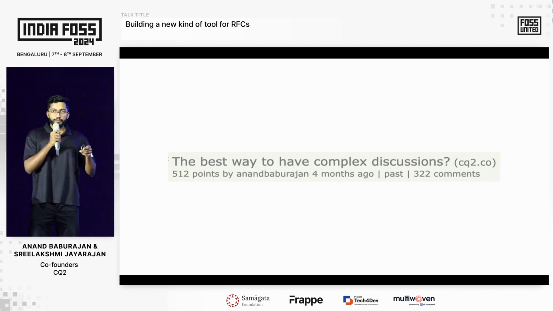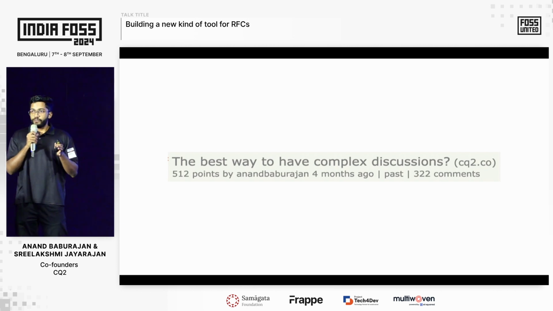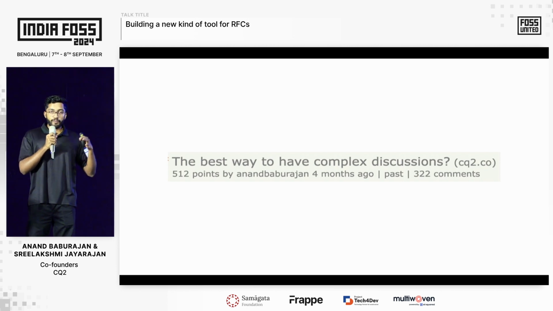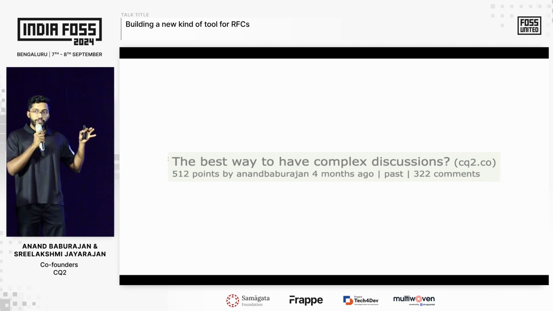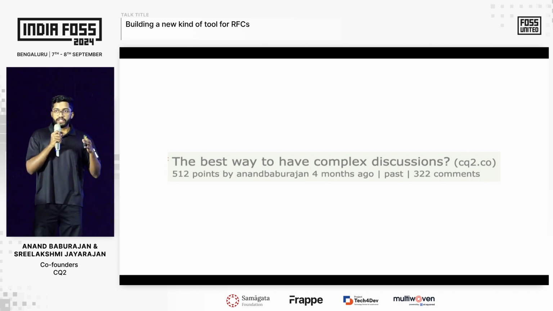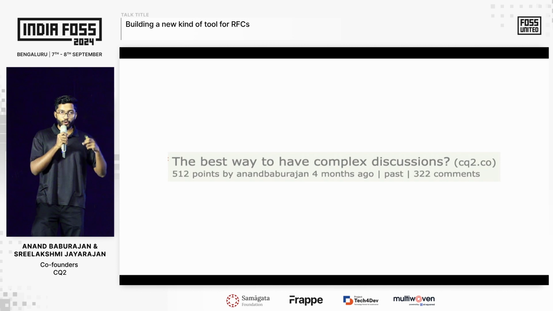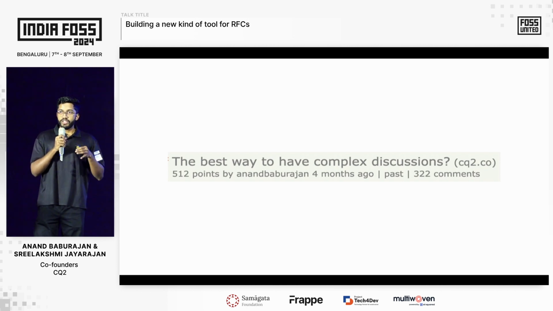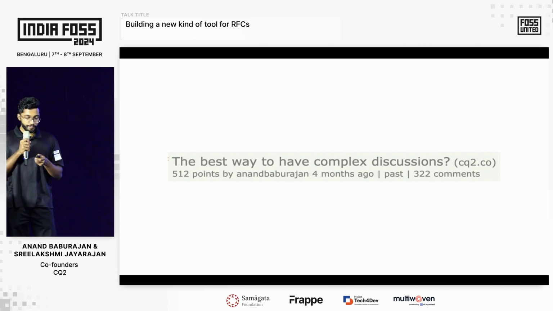So people are comparing CQ2 with Google Docs and Notion pages. And they mentioned how our comment section was so much better than Google Docs and Notion. But in our blog post, we were comparing CQ2 with Discourse, Slack, and Telegram, since that's where we first identified the problem ourselves. So actually, we were building a document discussion tool more similar to Google Docs and Notion than Discourse and Slack.